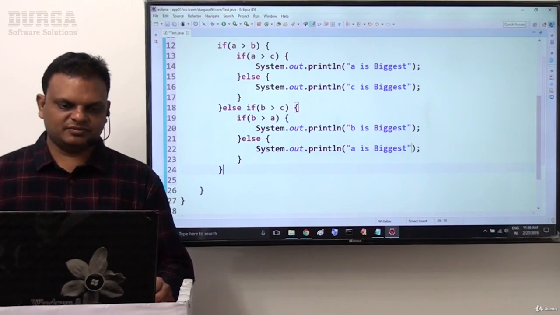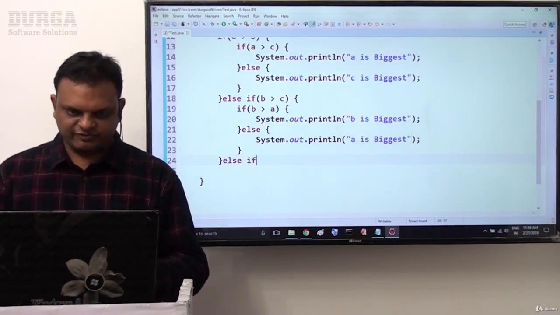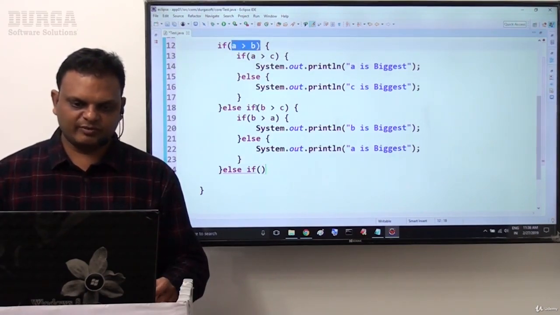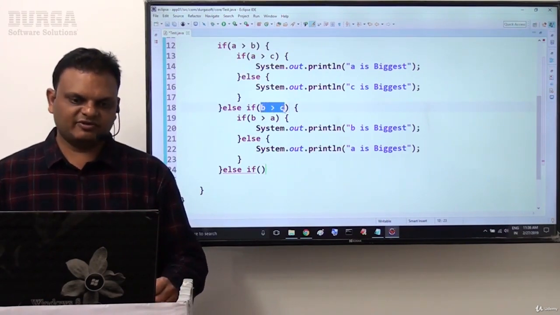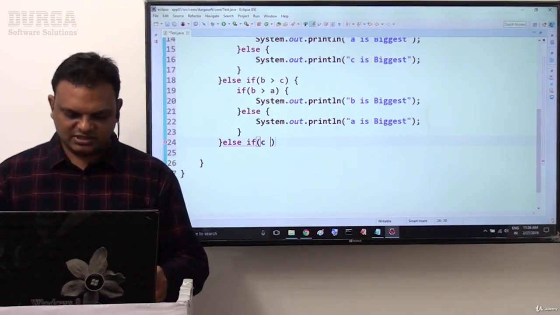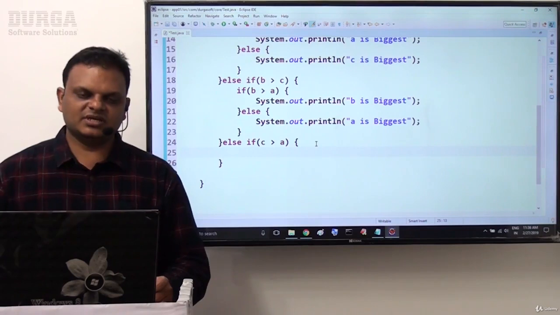This is one condition. Next one is which one? Then after that, here we can understand it. Else if. Already we have taken case 2. Case 1 is which one? A greater than B we have compared. Then in nested comparisons we provided. Else if B greater than C here we have taken there. Now this time the third case is which one here? C is greater than A, that we have taken. The case number 3 is C is greater than A.